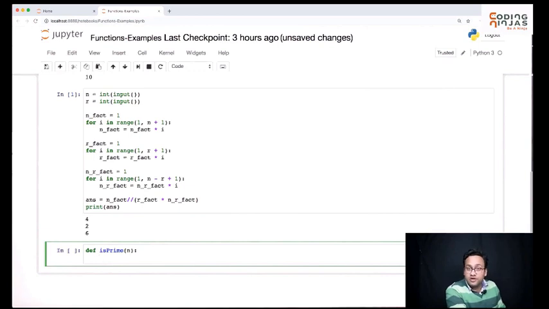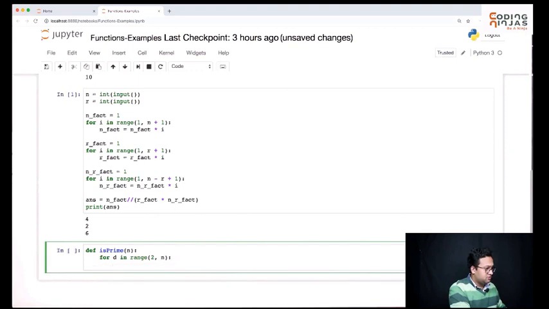Okay. Now you need to check if the number is prime or not. It's as good as if you had a line just above, n equals int(input()), right? It's as good as you have that n already given to you in this function. So you have n, you need to check whether the number is prime or not. We already know how to do that. So let me just quickly write the code for d in range 2 to n.